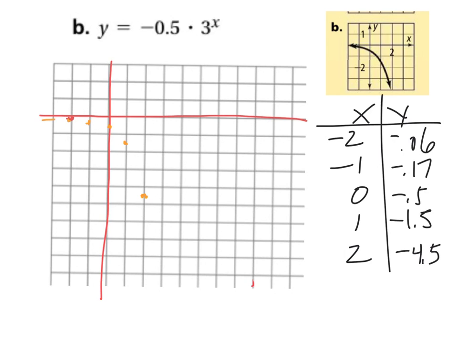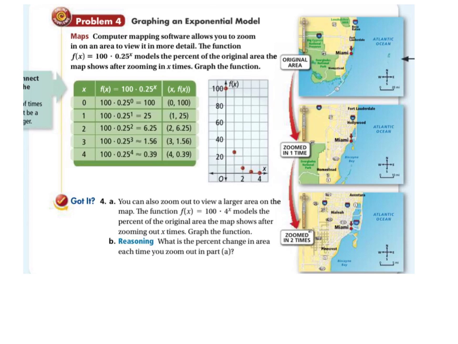Again, what this is going to look like is a nice gradual curve going like this, shooting down. This one's going to get smaller and smaller, closer to 0 on that left side. So, alrighty, there's that one. I'm sure you've already guessed that I can most certainly turn this into story problems. Loads of fun, right? So, computer mapping software allows you to zoom in on an area to view it in